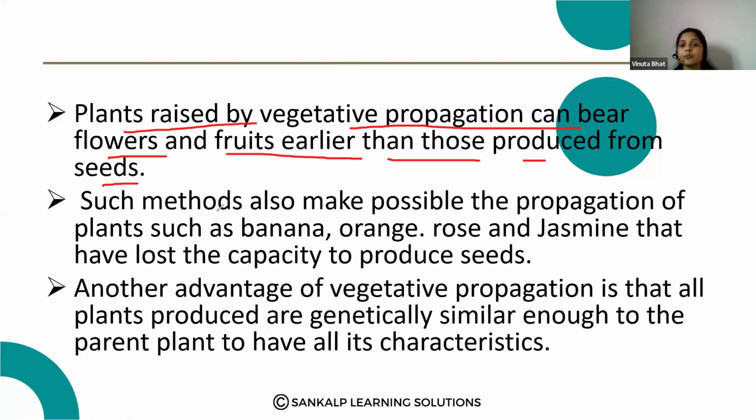Such methods also make possible the propagation of plants such as banana, orange, rose and jasmine that have lost the capacity to produce the seeds. Some plants have lost their ability to produce the seeds, for example, banana. So in case of these plants, the vegetative propagation method is helpful to produce